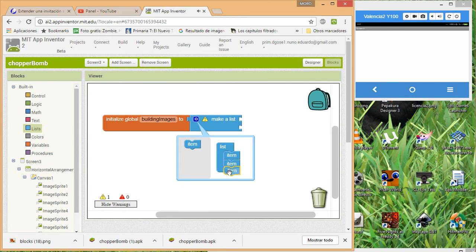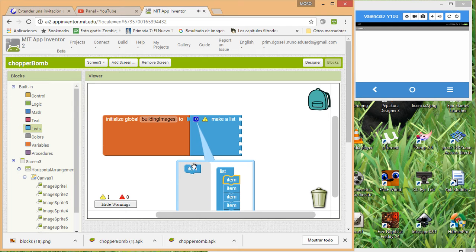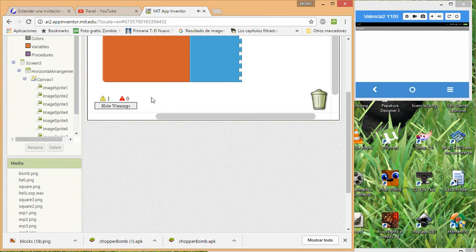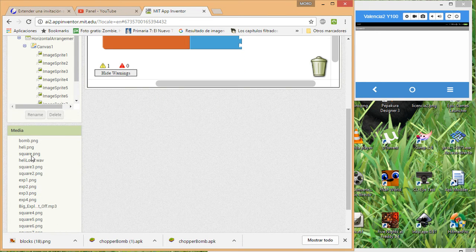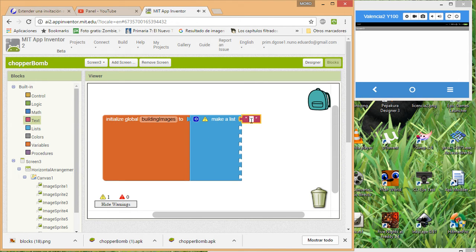As you remember, we have 8, 3, 4, 5, 6, 7, 8. Now just make sure of the names you have. For example, I have square, square 2, square 3. You write the name with the extension for the file,